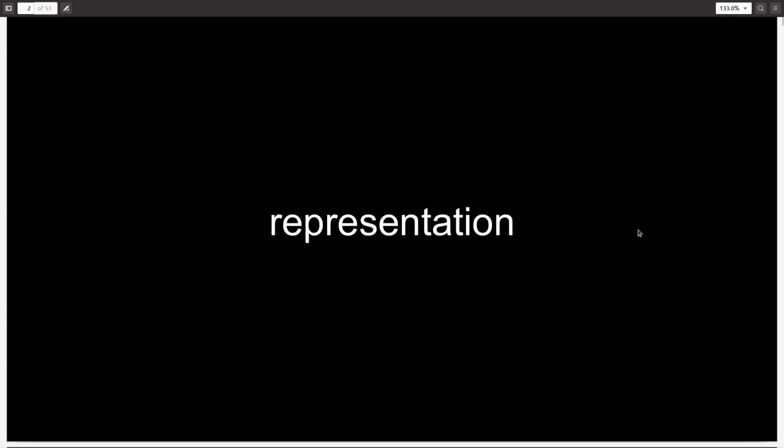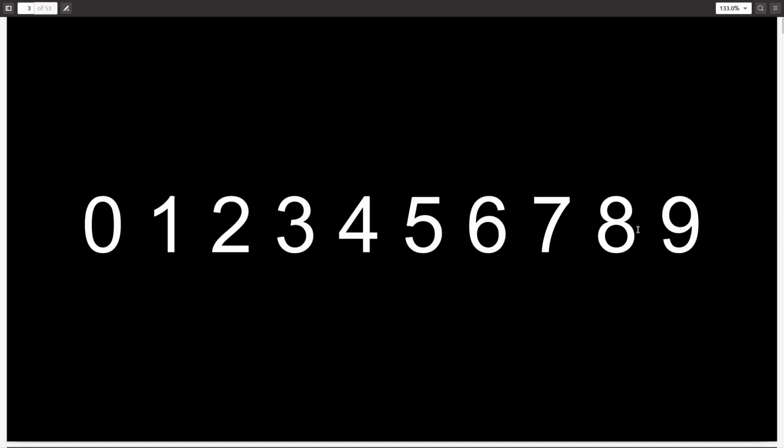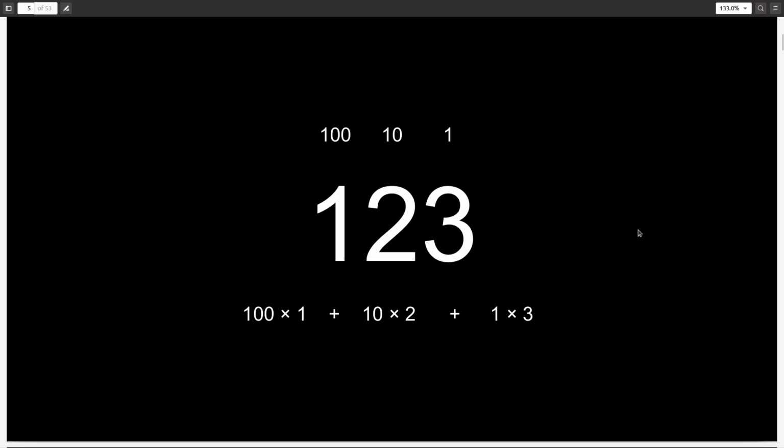So now let's talk about representation. In real life, our digits are from 0 to 9, 10 digits. But in computers, we only have 2 digits, 0 and 1. In real life, when you see the number 123 written, you can instinctively understand that it means 123.